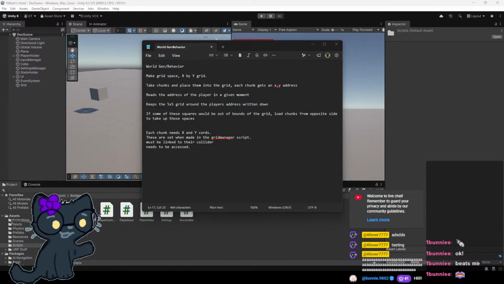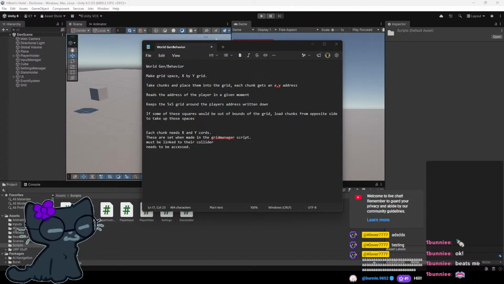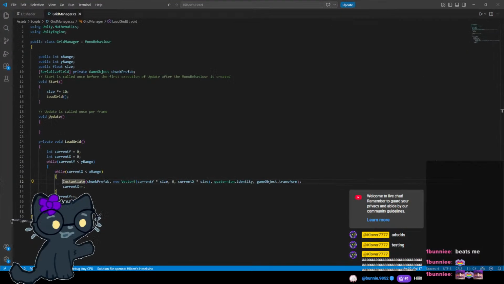Int grid, grid equals new int 10 by 10. What? Okay. So apparently